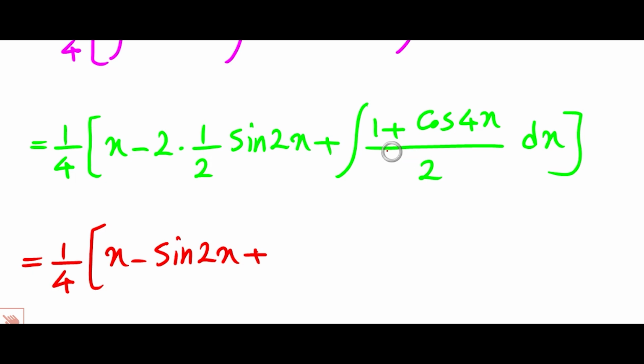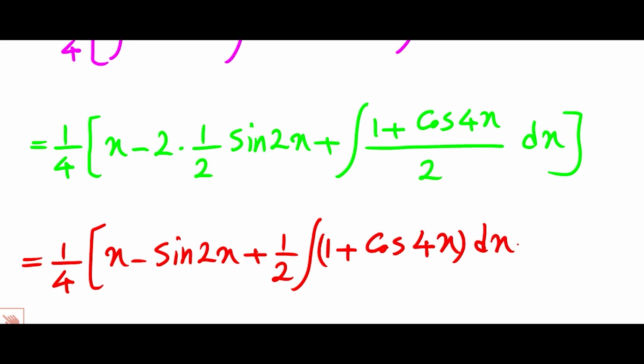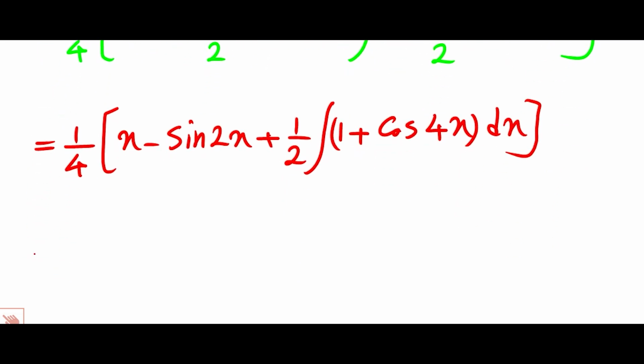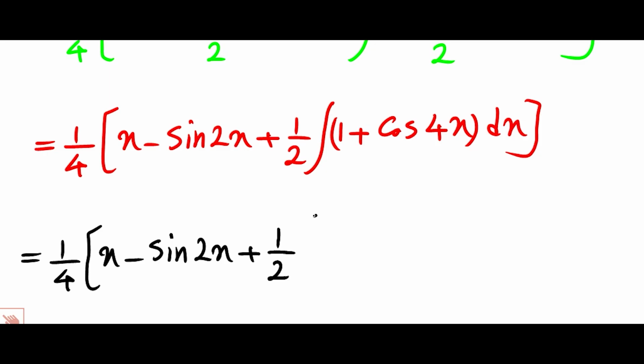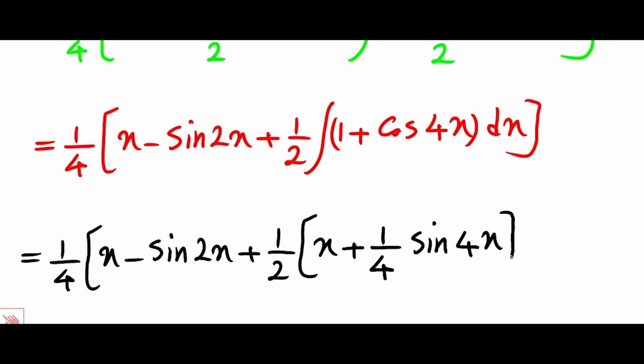We can put it out of the integral. 1/2 times the integral of (1 plus cosine of 4x) dx, right? So we have 1/4 times x plus sine of 2x plus 1/2 times the integral of 1, which equals x, plus the integral of cosine of 4x, which equals 1/4 sine of 4x,